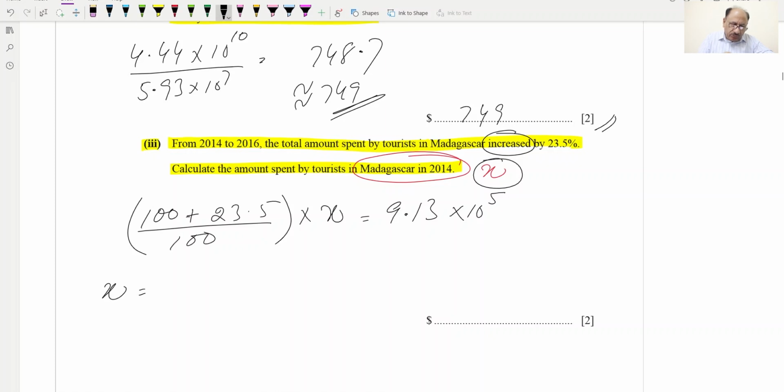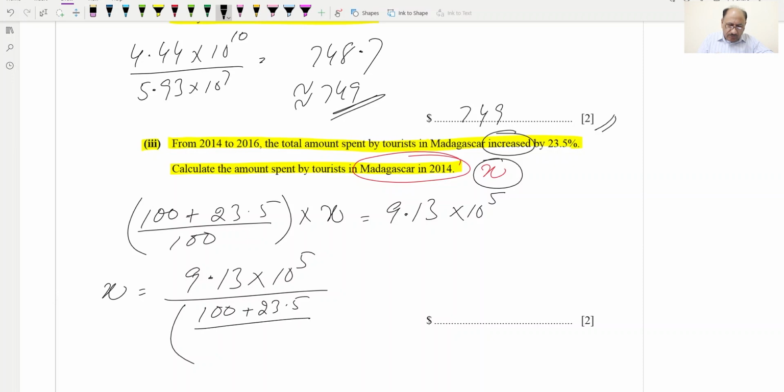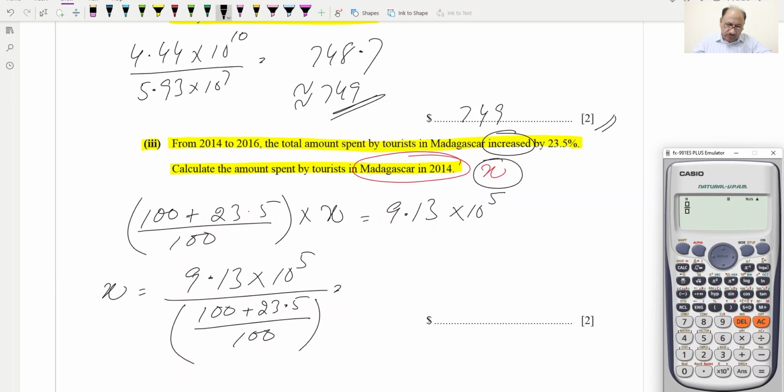We can shift this to the other side, so it will go as the denominator: x equals 9.13 times 10 raised to the power 5 divided by the fraction (100 plus 23.5) over 100, and the bracket is closed, and this is equal to